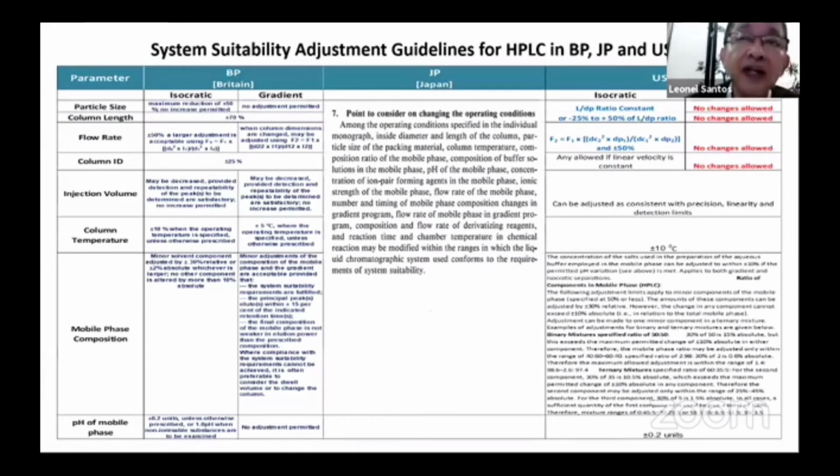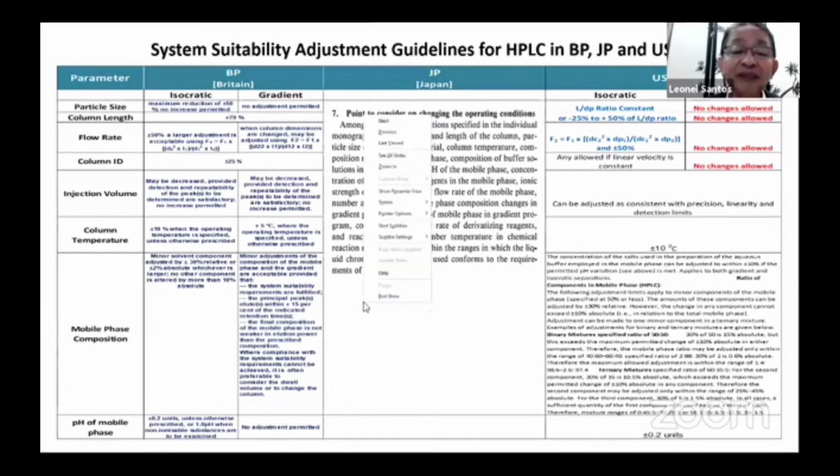Keep in mind, if you are using other pharmacopoeias, for example the Japanese pharmacopoeia or British pharmacopoeia, the adjustments for system suitability are different from USP. Japan has its own adjustment guidelines, and the British pharmacopoeia has its own adjustment guidelines. Thank you. So let me go to the next